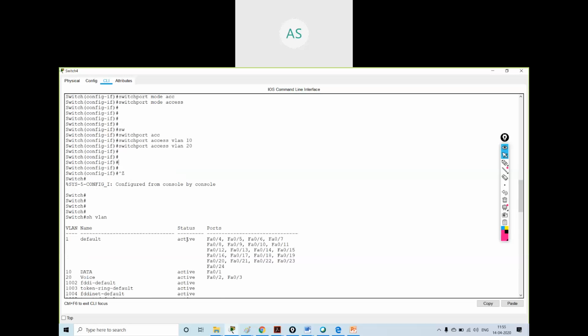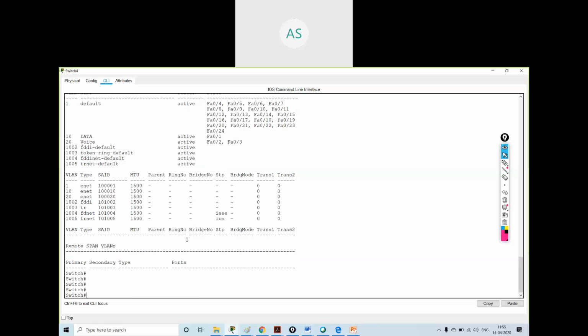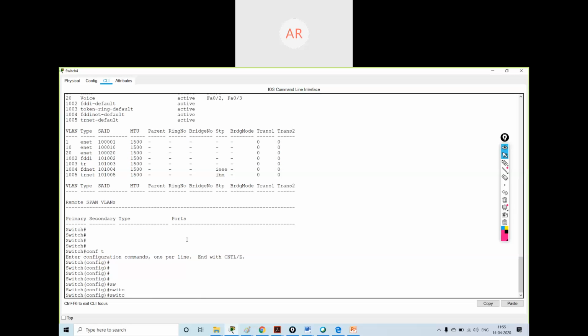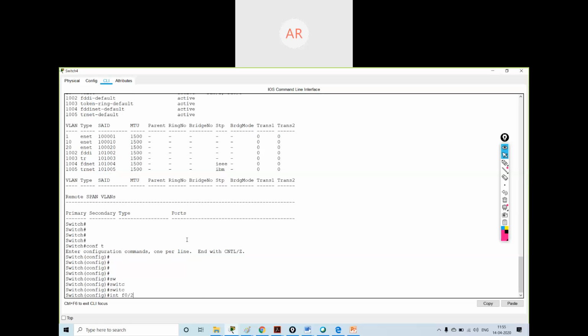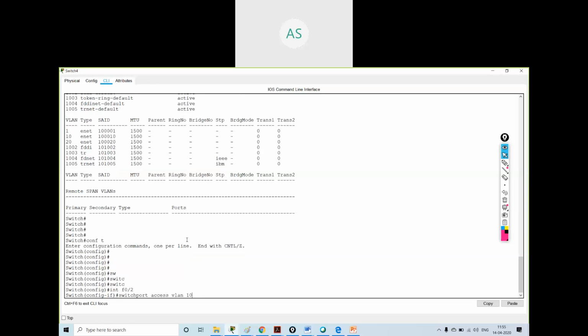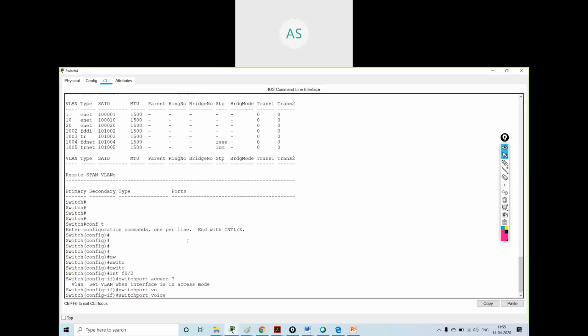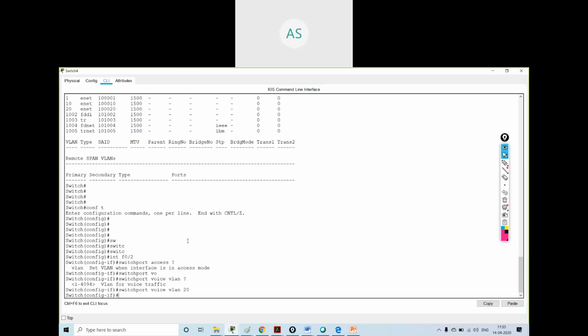Sir, shouldn't we use switchport voice VLAN 20, because in my command notes I have written that. Okay. Switchport voice VLAN 20.